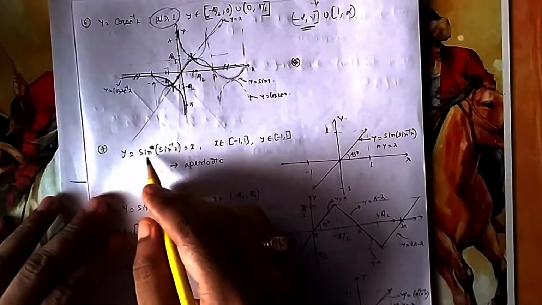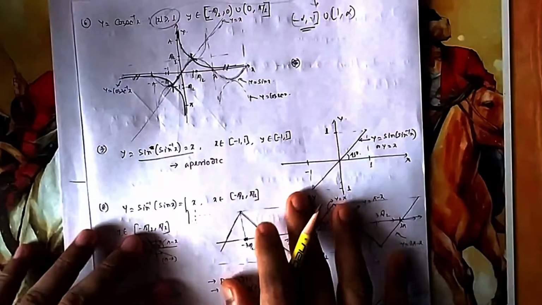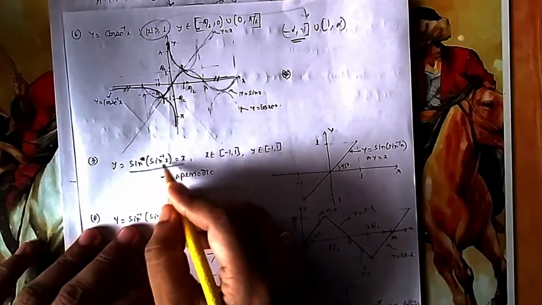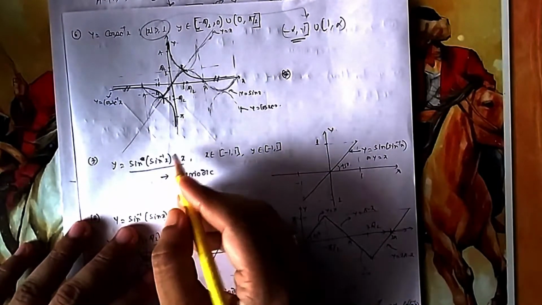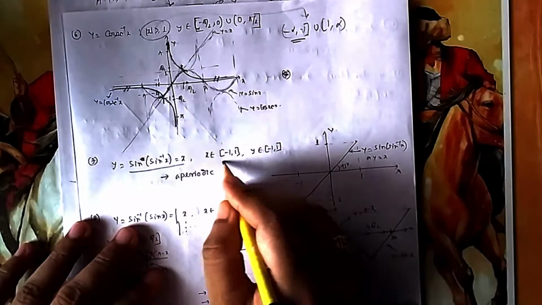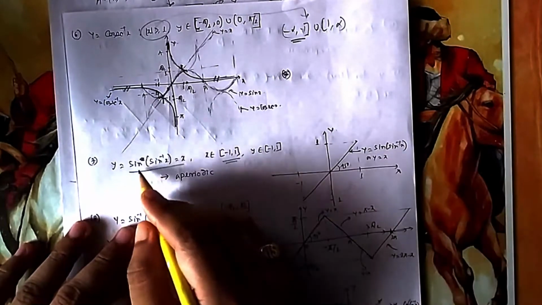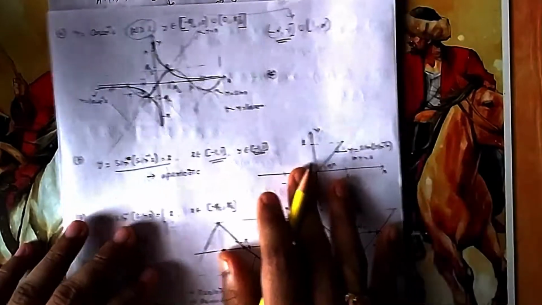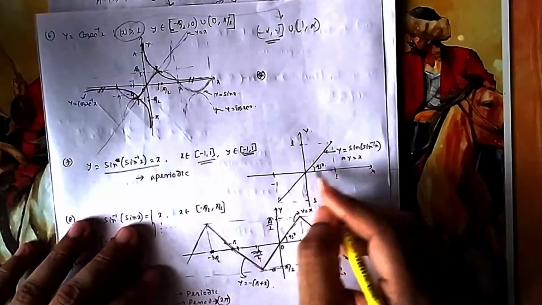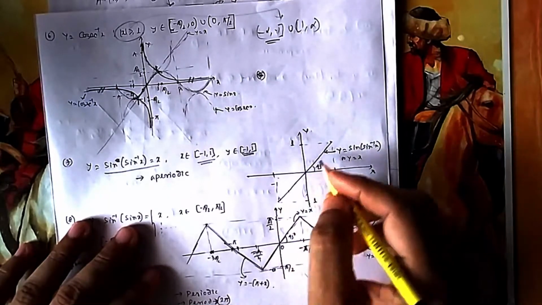Okay, now another one. Suppose sine of sine inverse x. We have already seen what sine of sine inverse x is. It is always x. What is the domain of x? You can put only that much which sine inverse can digest, that is from -1 to 1, and its output is sine. What is the output of sine? It is always -1 to 1. So your domain is from -1 to 1, range is also -1 to 1. In between that, your y is equal to x.